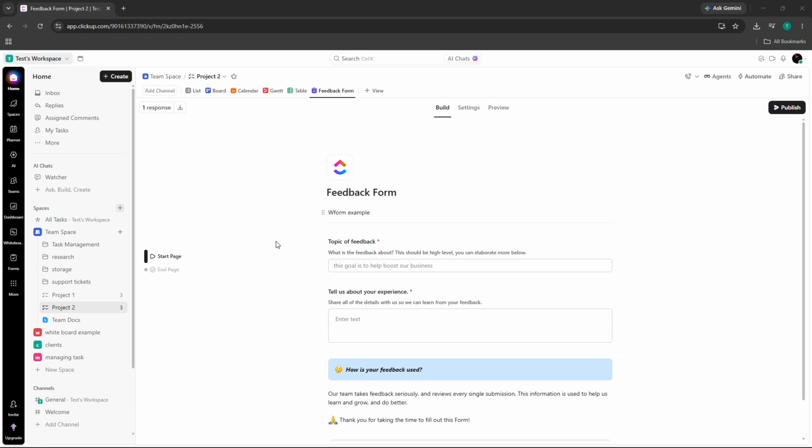Today, I'll walk you through step by step how to integrate Microsoft Outlook with ClickUp so your emails, calendar events, and tasks all live in one connected workflow. ClickUp is one of the most powerful project management platforms available right now, and pairing it with Outlook, the email and calendar tool that most professional teams already rely on, means you spend less time context switching and more time